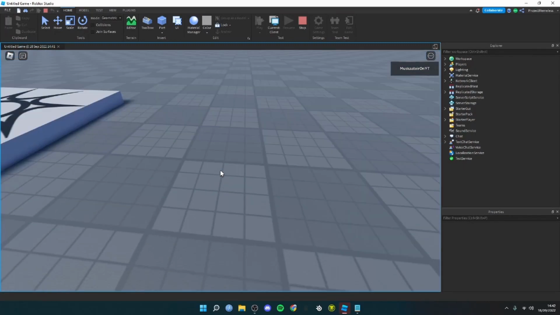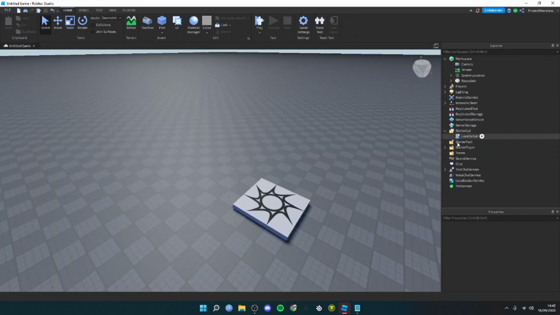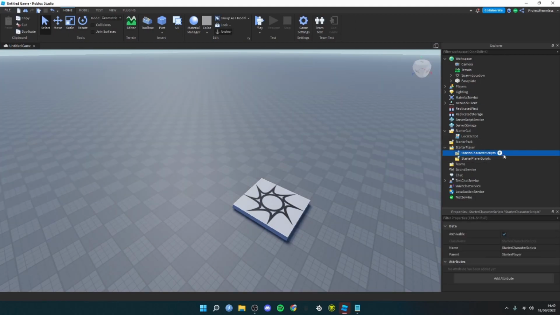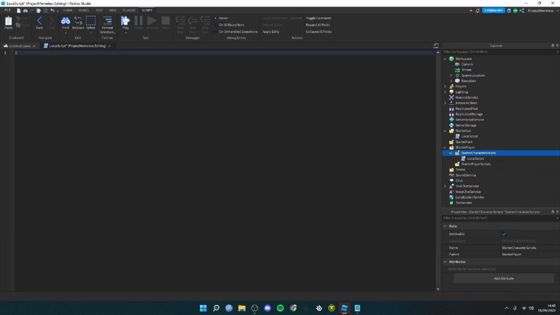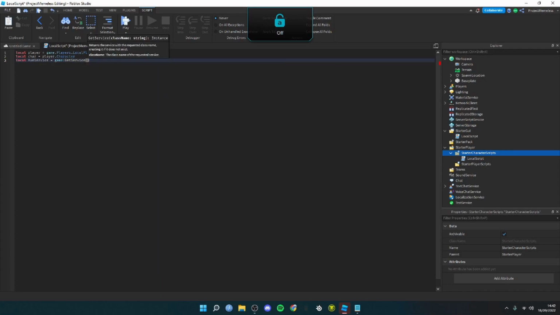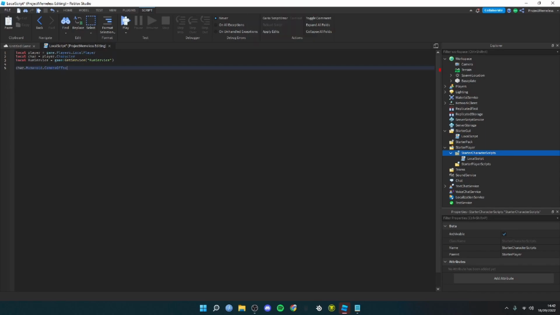The mouse is there, so now you want to go to StarterPlayer, click on the plus next to StarterCharacterScripts, add in a local script and copy the following: local player equals game.Players.LocalPlayer, local character equals player.Character, local RunService equals game:GetService("RunService"), RunService.RenderStepped